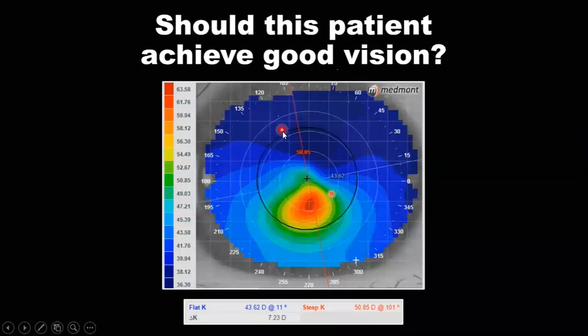So this kind of corneal shape would not be having good vision with the spectacle as well as soft contact lenses, even soft toric lenses. So we need to have some kind of thing that can mask this corneal irregularity. That we can only do with the help of RGP lenses or scleral lenses. Okay.